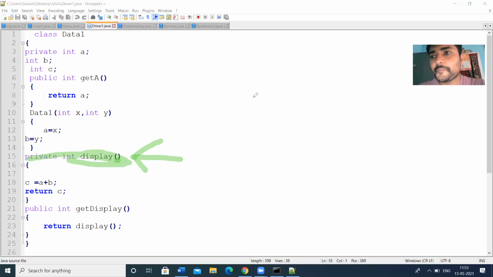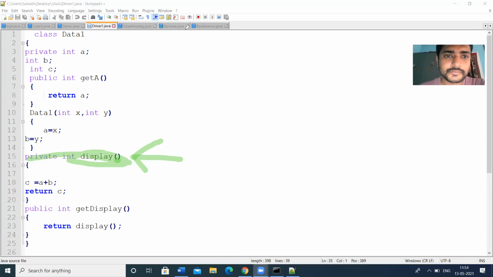First one is pass by value, call by value. That means you can pass the parameters by using the values, int a comma int b, like that. The second method is we can pass the parameters by using objects, that means by using references. The reference is nothing but an object. So the method can pass the parameters in two ways, by value and by reference. Let us check one by one.